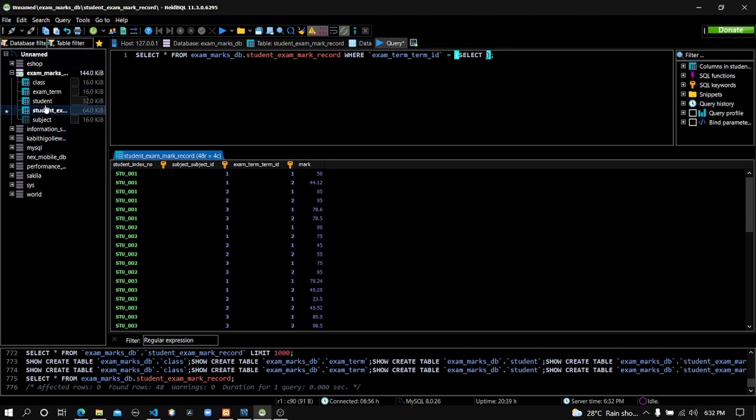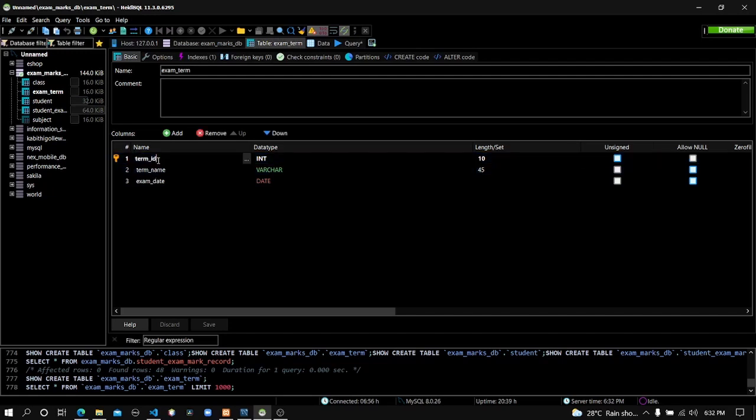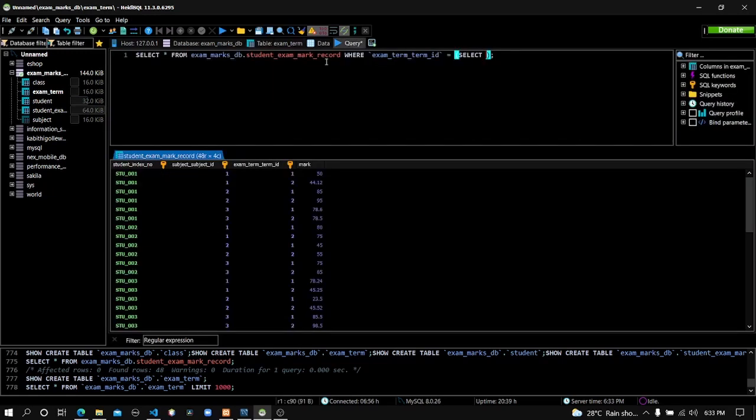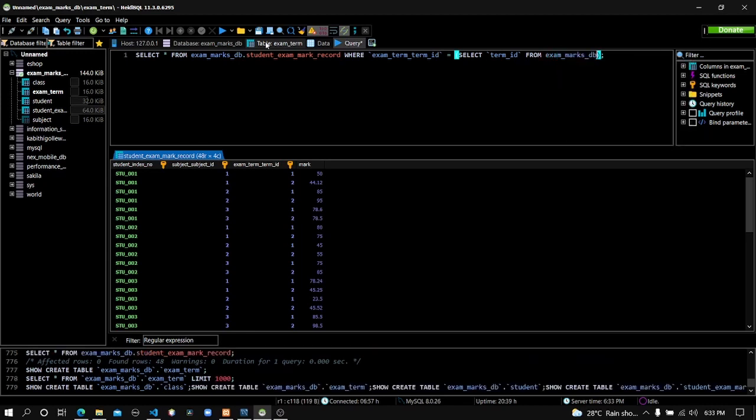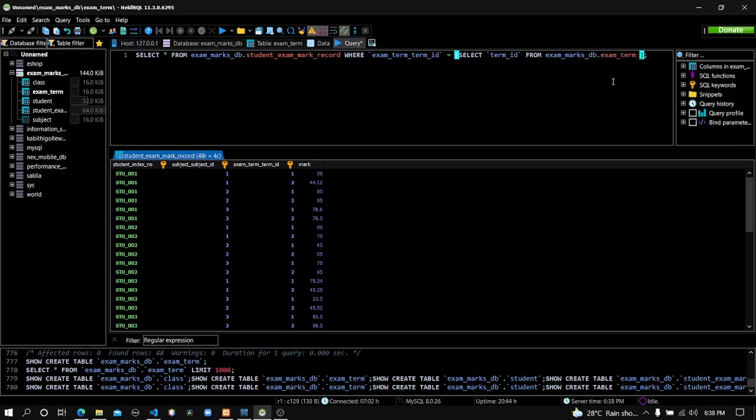So let's go to the term table, exam term, and here you can see here's the term ID. We need that term ID because that's the attribute which is foreign to the main table, the student exam mark record table. So we need only that ID. Select term ID from, and here's the database, exam marks DB, and here's the table. The data are in exam term, and here's the condition, where